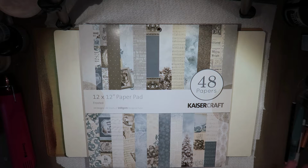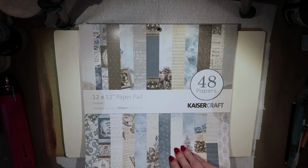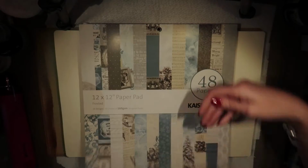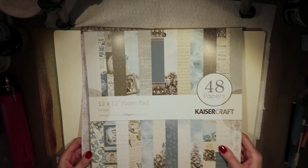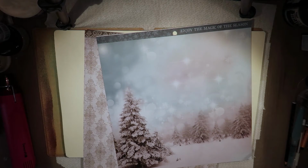So we're going to go with a kind of winter wonderland scene, and the papers that I've chosen to use are from this Kaisercraft collection, and they've got some absolutely beautiful papers in here. You can see those. They're really pretty in sort of a frosty theme. So I've chosen first of all to use 3 papers out of the collection,